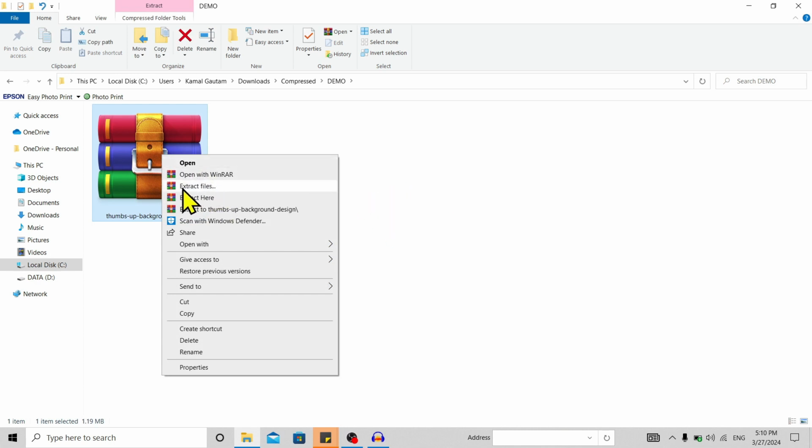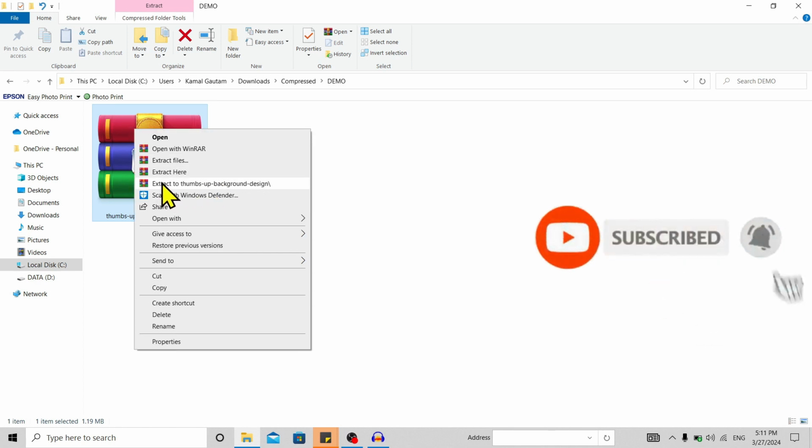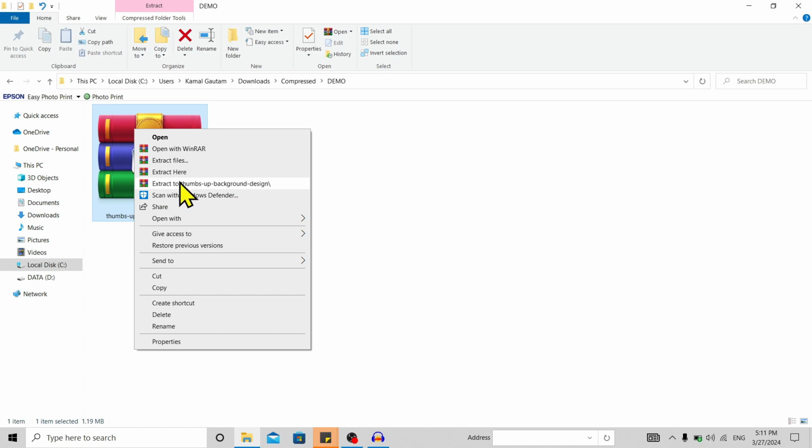After doing right click, you can find here extract file, extract here, extract to something. Extract here means the file will be extracted over here where this zip file is. Extract to this something means this will extract this zip file by making a folder of the same name of